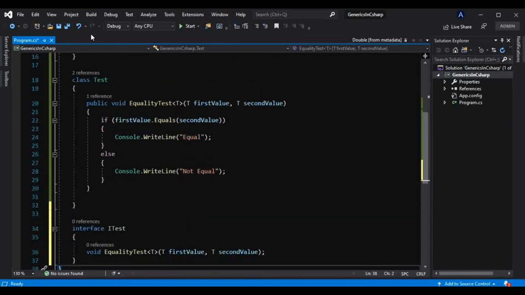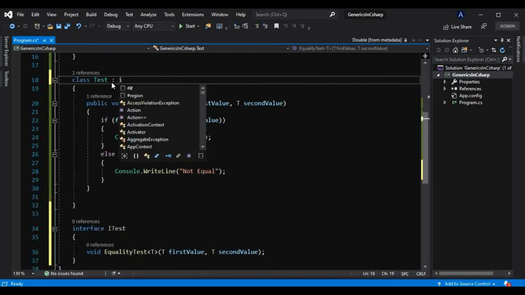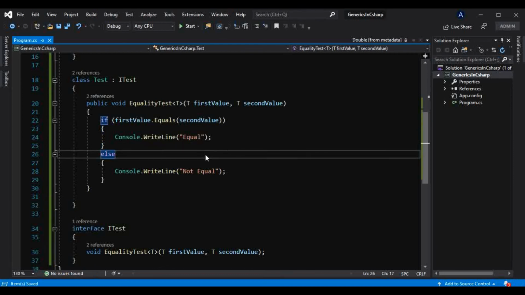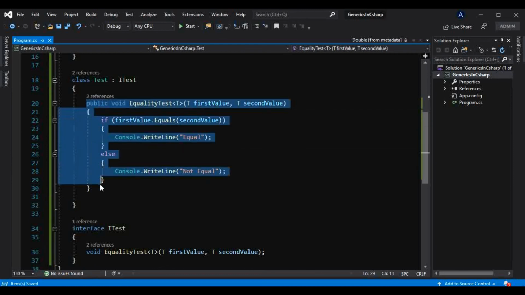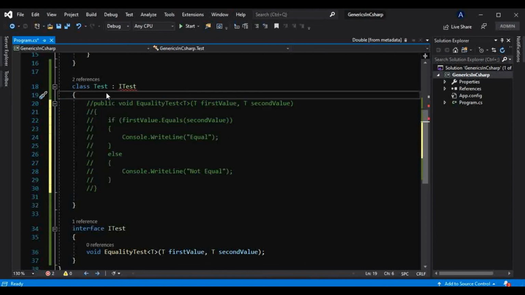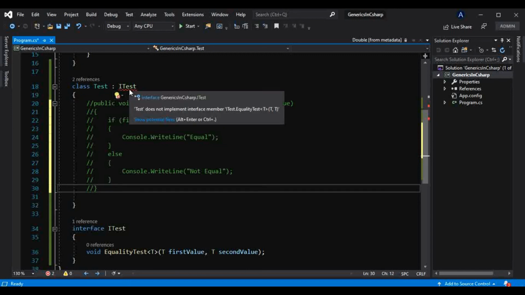Okay, and I will inherit that test from that iTest interface. Now if I would have commented this, it should give an error because I am already implementing that, so that's why it was not throwing any error. But we know we have to implement the interface.